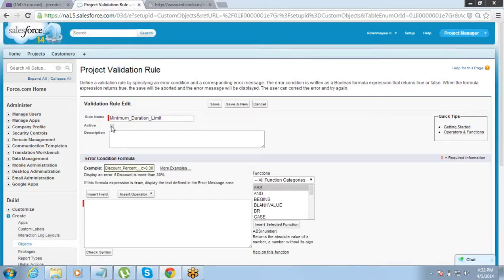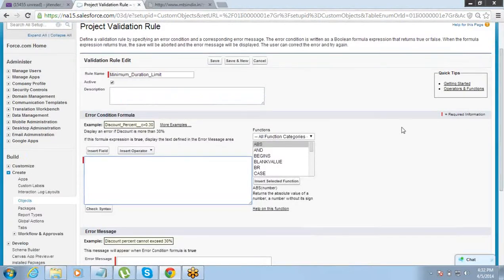Right, so that time you will not delete the validation rule, you can just deactivate it on a temporary basis. So we'll keep it active. Now for a validation rule, we just have to define two things: the error condition and the error message. The error condition for us here is duration less than 20. You don't have to write if, because it is already a condition. Straight away write duration less than 20. It is an if condition, that's pretty much implied.